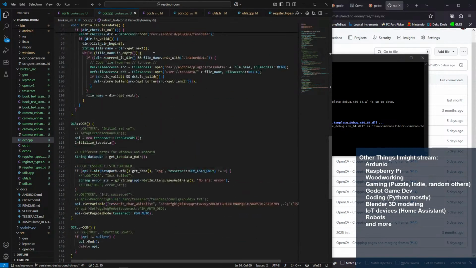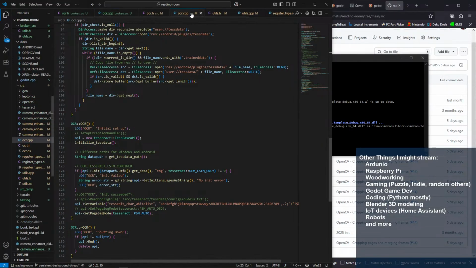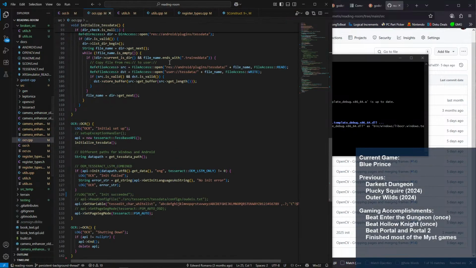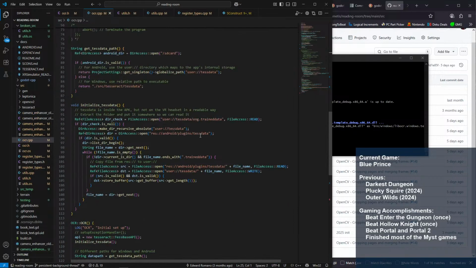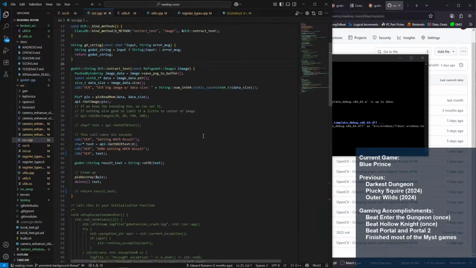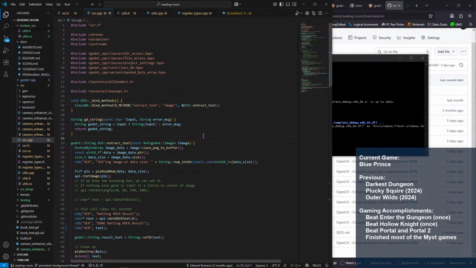Right? Fine. So OCR should be solid. Now we can kind of focus on... Okay, so this should be done. This should be working. Let's close OCR.